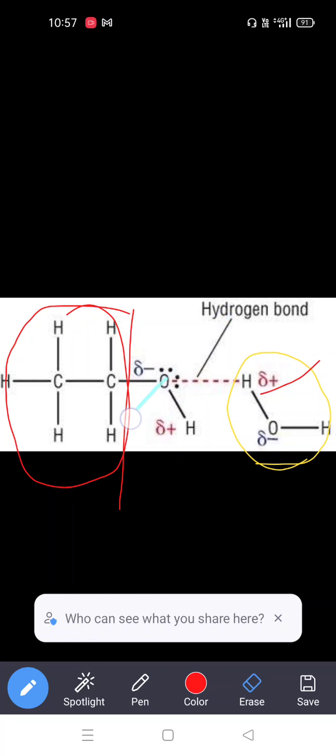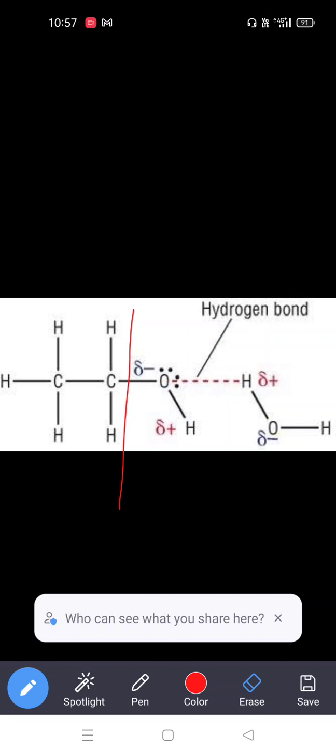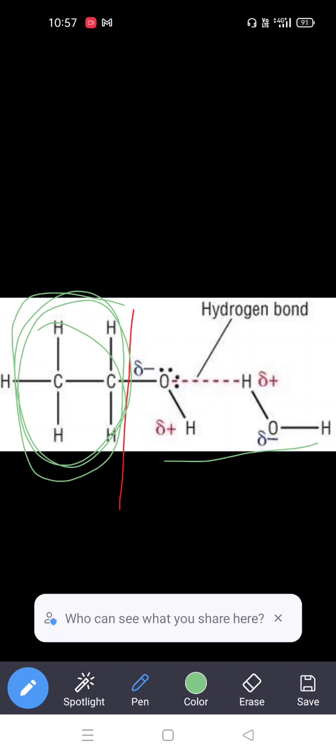And if you see here, the carbon chain increases. What is happening? The solubility decreases. This is happening because the non-polar chain increases, so the polarity decreases. So this hydrogen bond is the weak electrostatic attraction between the hydrogen and the highly